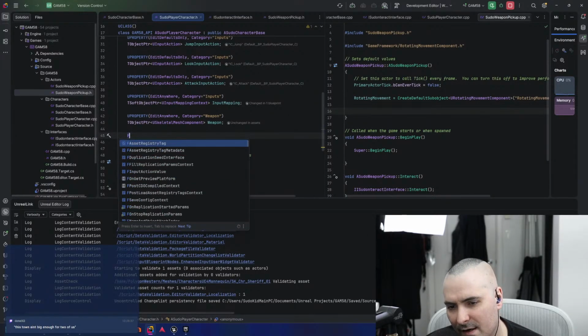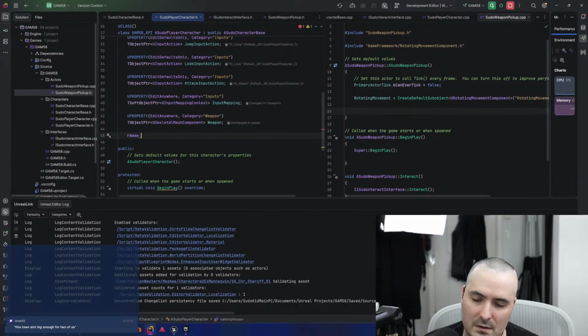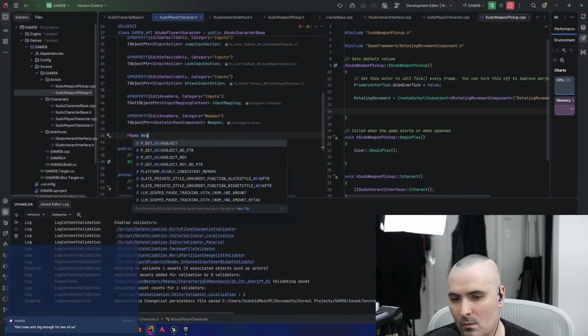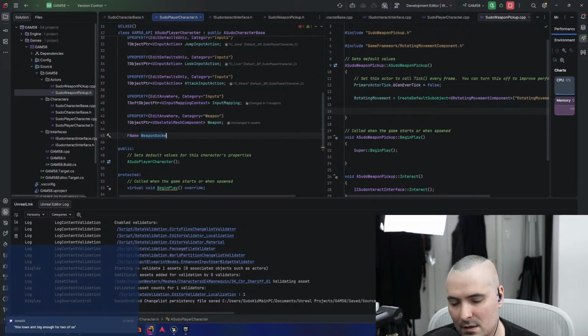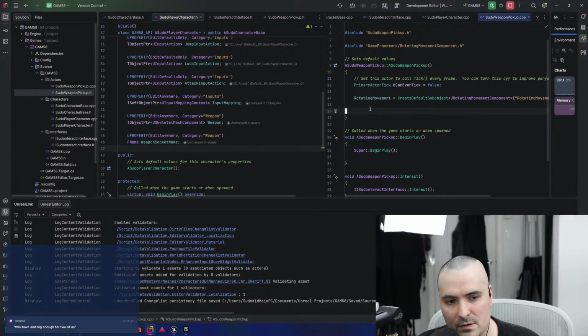I think it's an F name because I don't think that you can do a socket name. Weapon socket name. There we go. And then what we'll do is we'll do create default sub object,